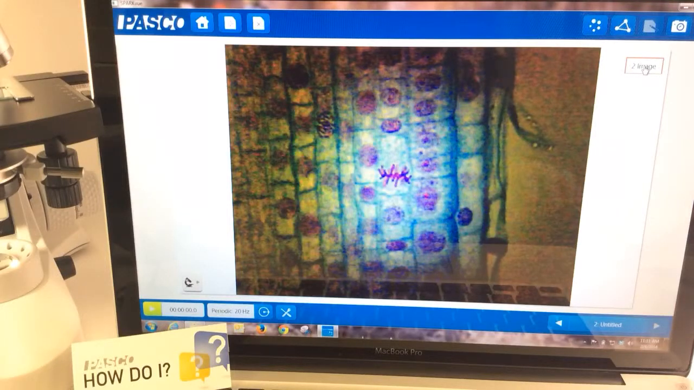How do I measure what I've captured in an image? On the screen, you'll see that I'm looking at some cells of an onion root tip via microscope. I have a digital microscope connected to my computer with SPARKvue open, and I've already captured this image of the cells. Now, if I wanted to make a measurement of the length or width of one of these cells, what